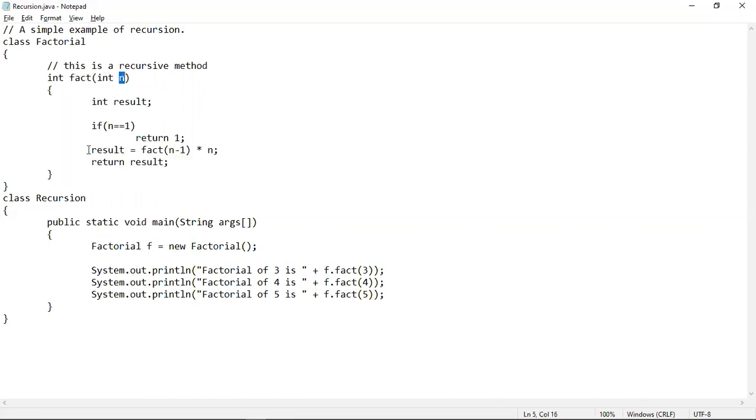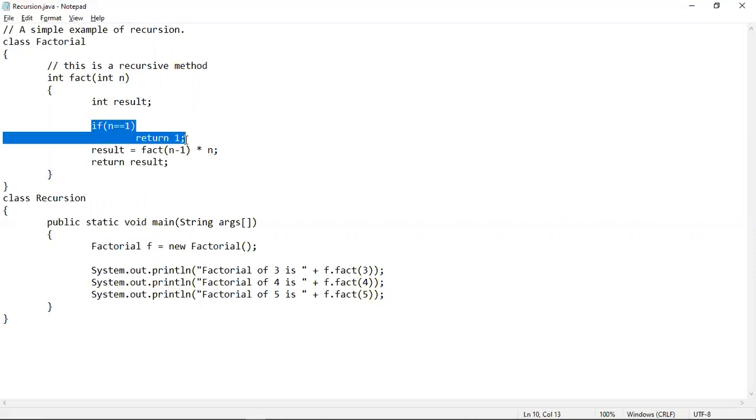That means in this program, we are calculating the factorial of the value 3. That should give you 6. This is the recursive method. Why? Because this method will call itself from its own body. Now this is a variable result which will store an integer value. Basically this result variable will store the factorial value of this value 3, or of this variable n.